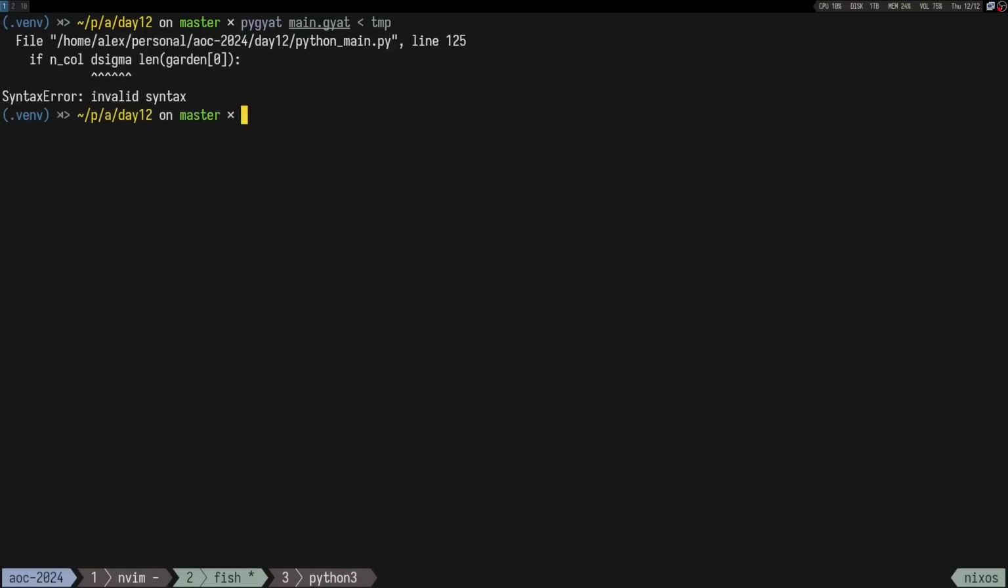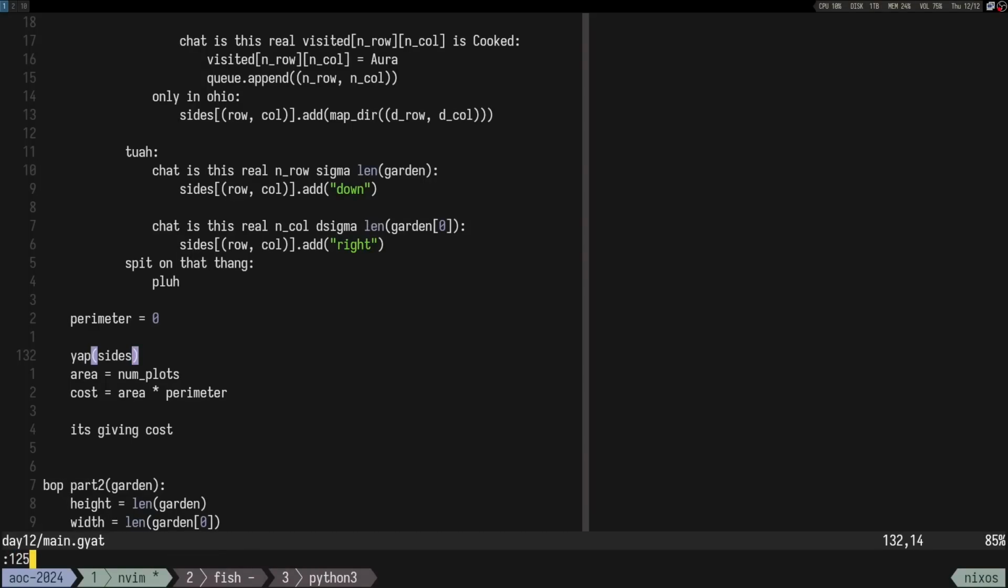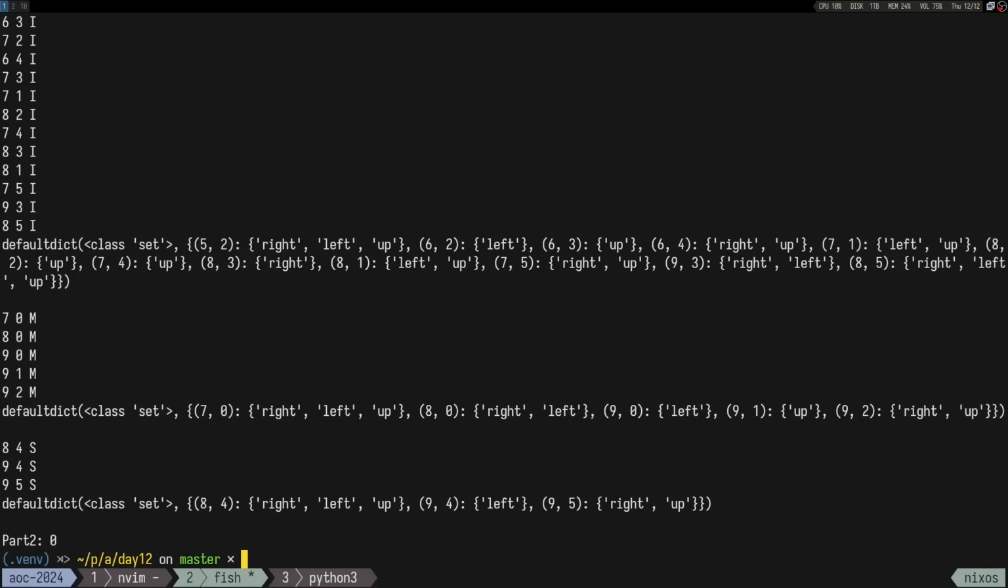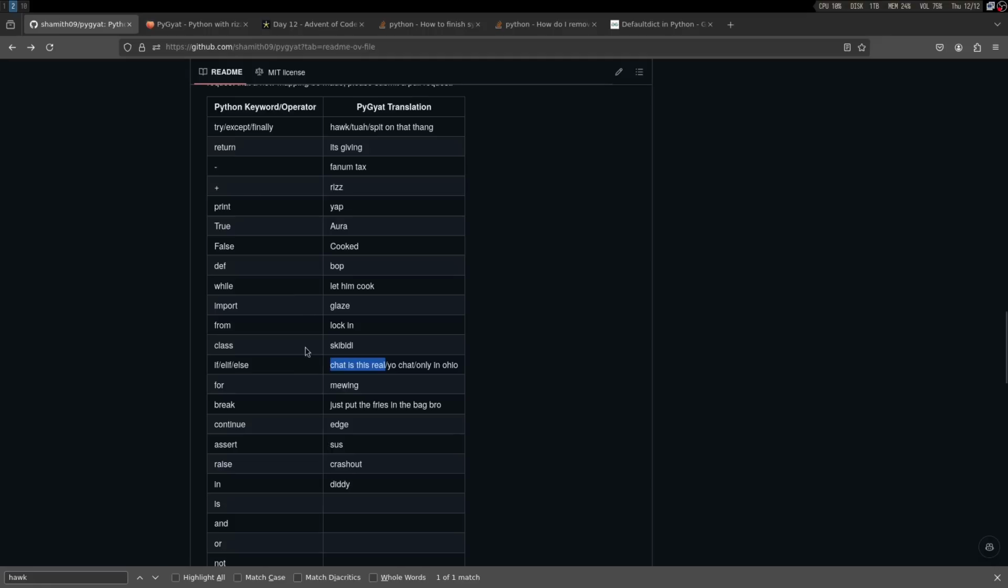So if we yap the sides, I'm curious what the sides are going to be like for our TMP. 125. What did I write there? This sigma. So I'm thinking that these are gonna be the perimeter size, right? That's what I think. So for instance, S